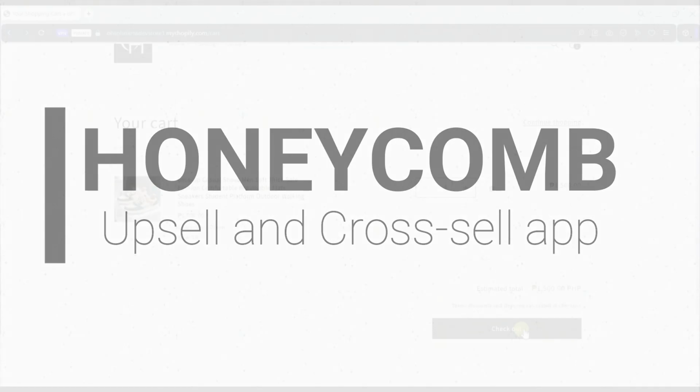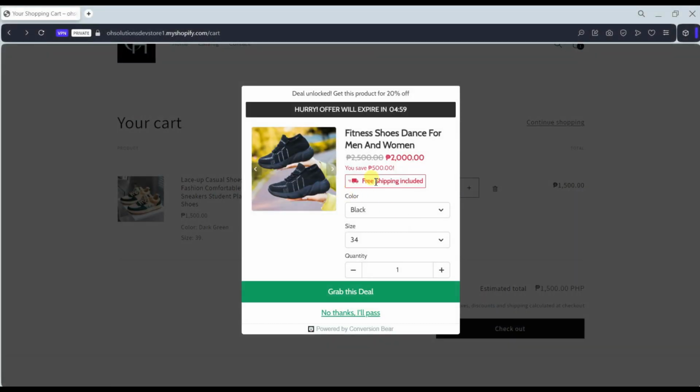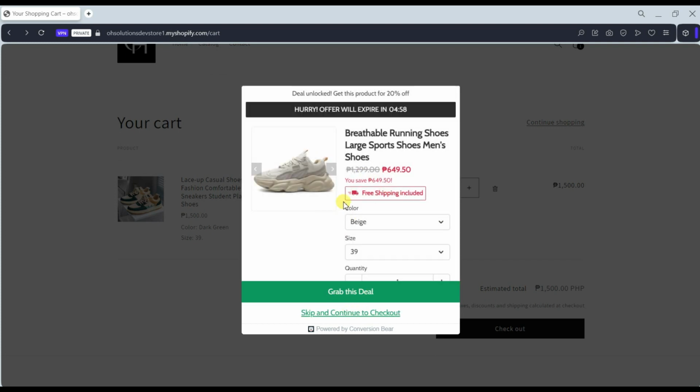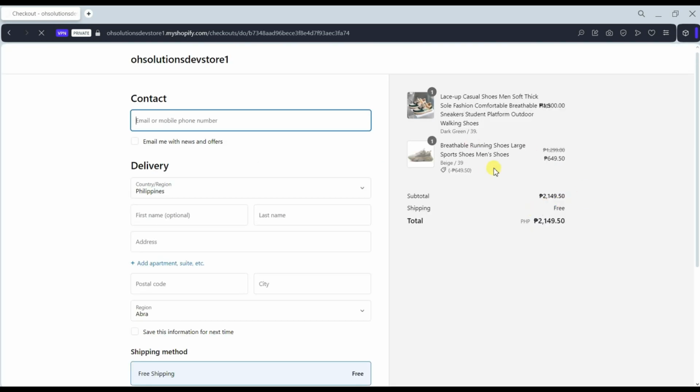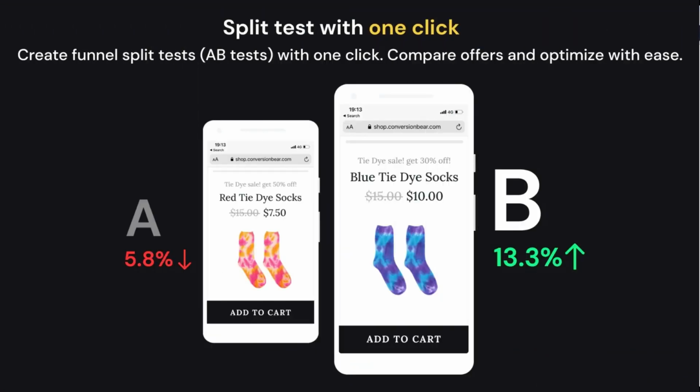Would you want to add an upsell and cross-sell app to your cart page? In this video, we will show you how to do it with the Honeycomb Upsell and Cross Sell app on your store. Honeycomb Upsell and Cross Sell is a powerful upselling and cross-selling app that offers a wide range of